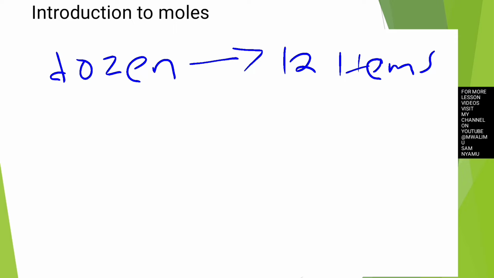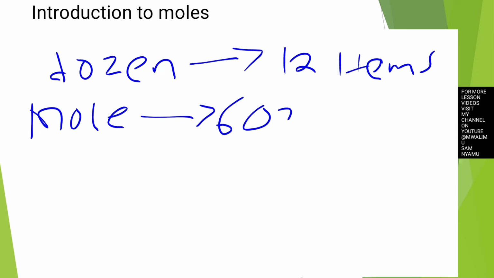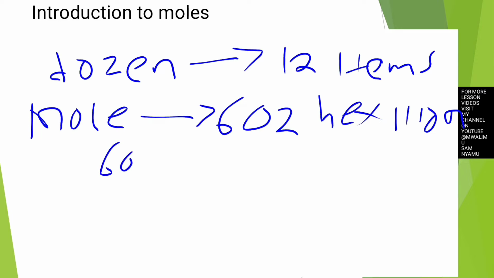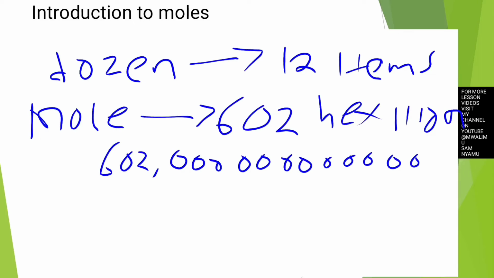So when we speak about the mole, a mole represents 6.02 hexillion. And what is 6.02 hexillion? Ideally, a hexillion is 6.02 followed by 21 zeros. 1, 2, 3, 4, 5, 6, 7, 8, 9, 10, 11, 12, 13, 14, 15, 16, 17, 18, 19,